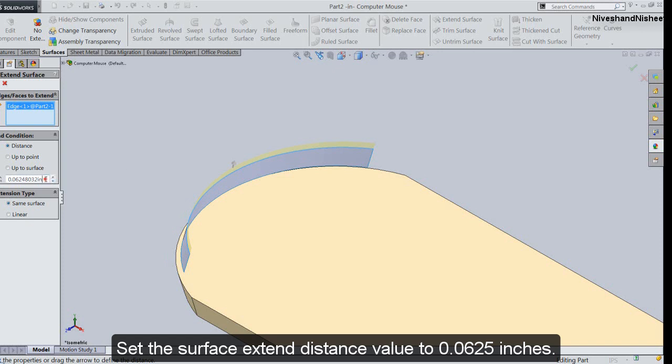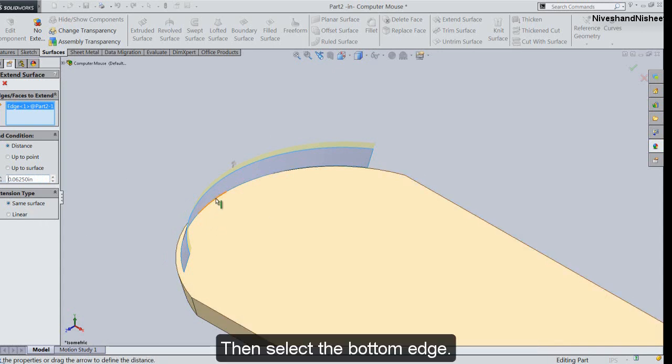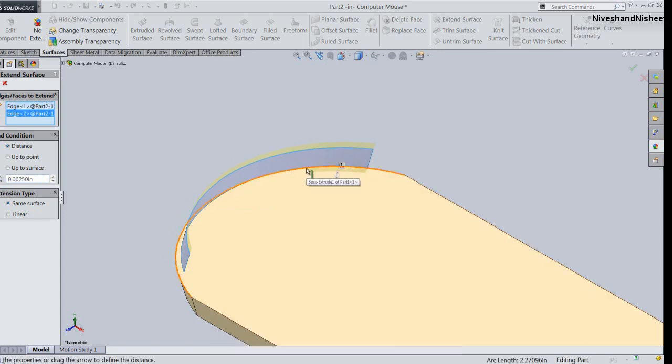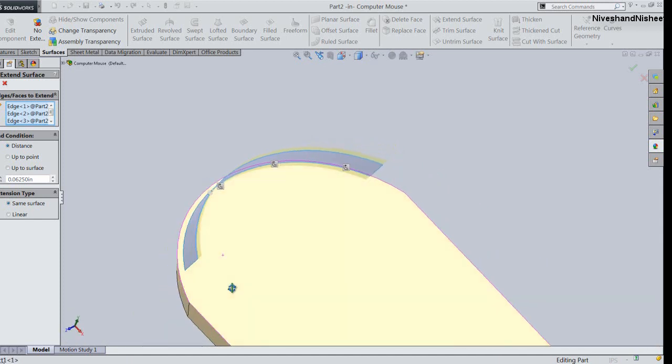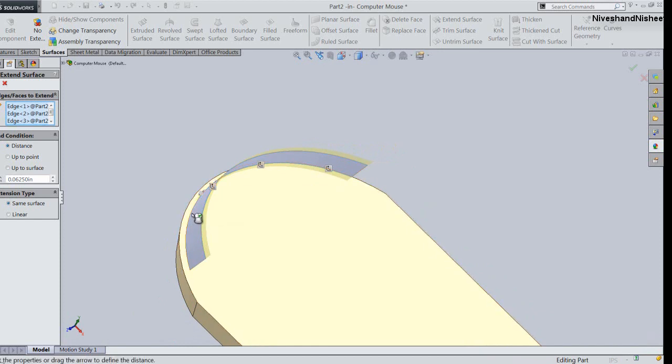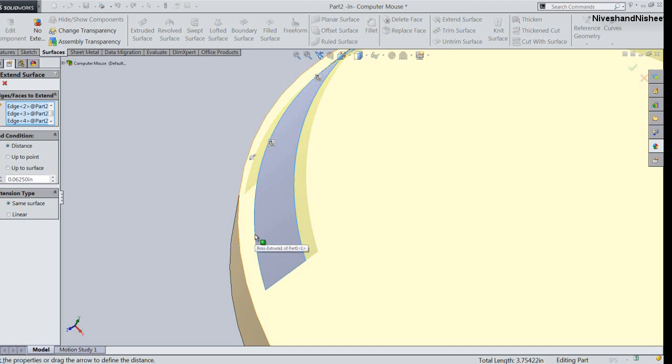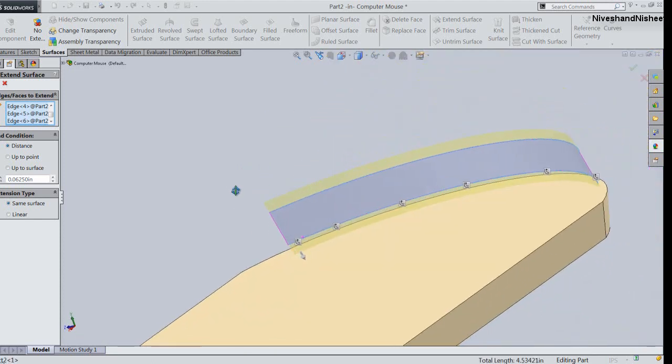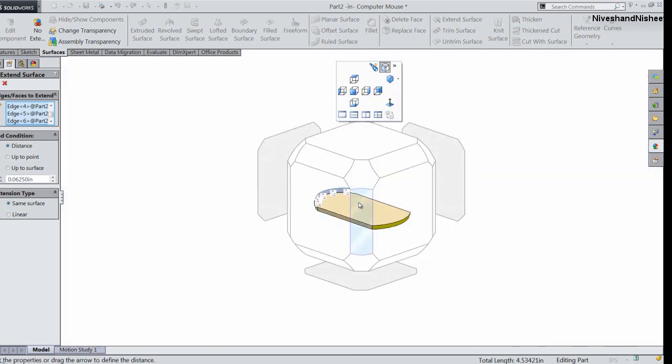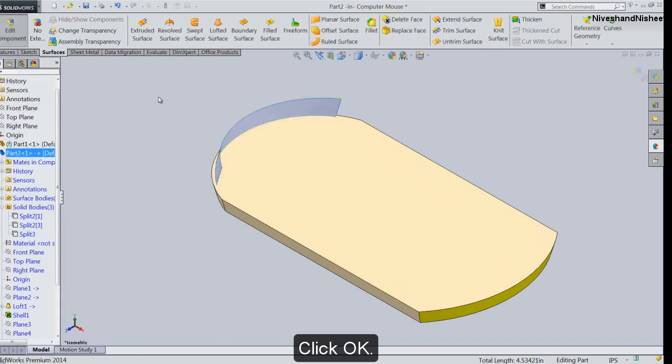Set the surface extend distance value to 0.0625 inches. Then select the bottom edge. Click OK.